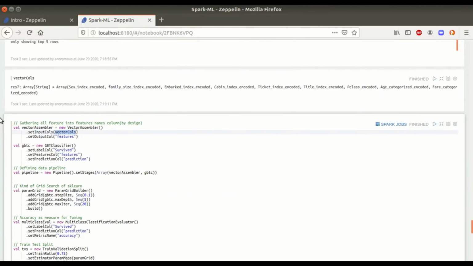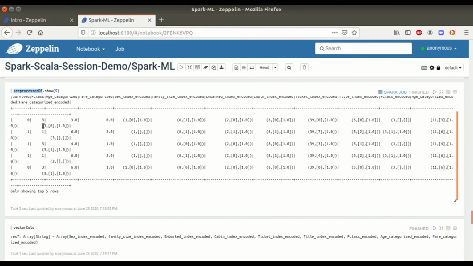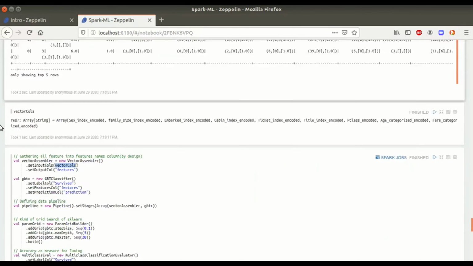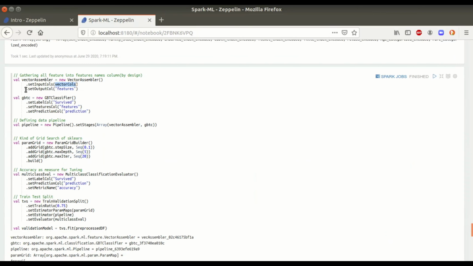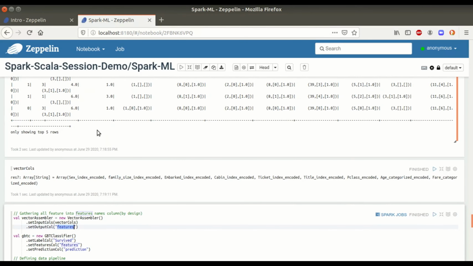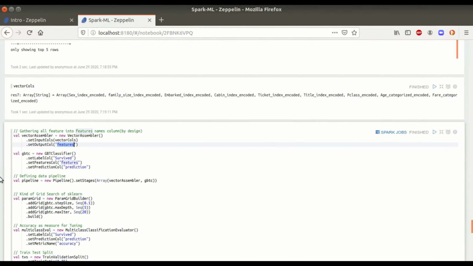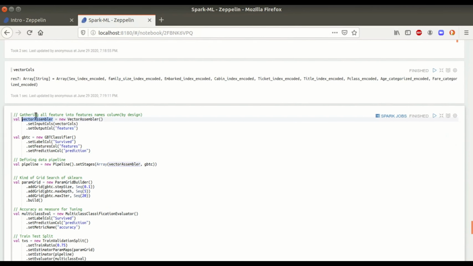It will take all these columns, which are generated from the pipeline stage, as an input, and it will emit only one column called features, which will have all these columns' data in a vector representation. After that, whatever data comes out of this vector assembler, we will pass it to the ML model.